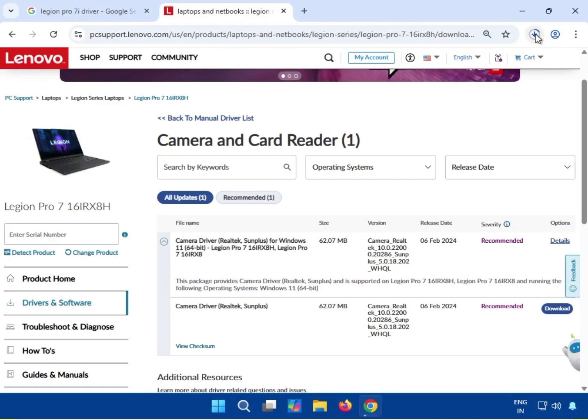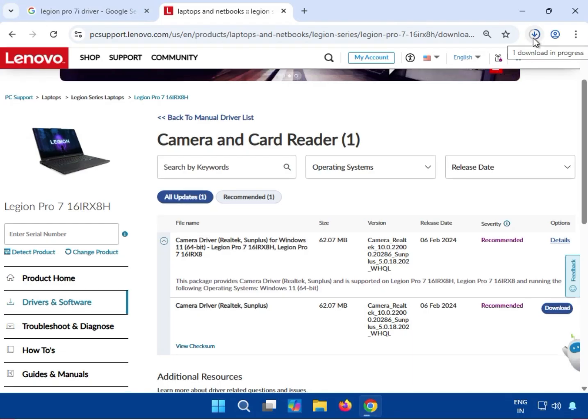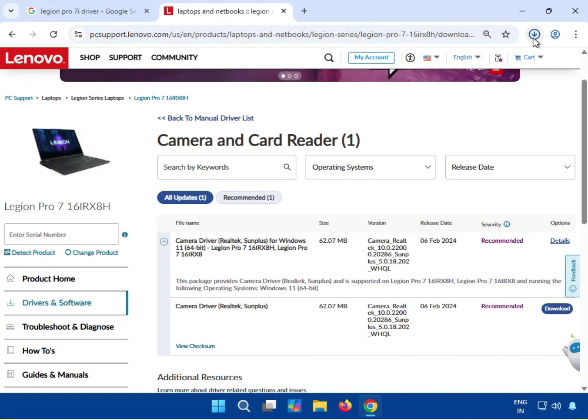You can see the download has started. Okay, wait a few seconds, it will complete. Just single click to open. I will show you how to install, what the install process is. And just single click to open,